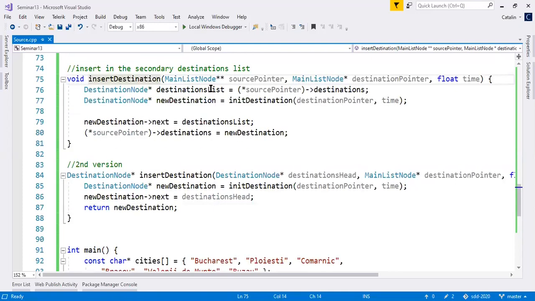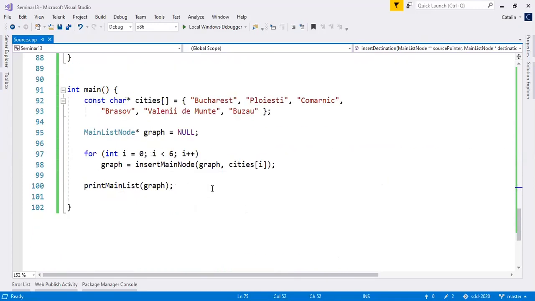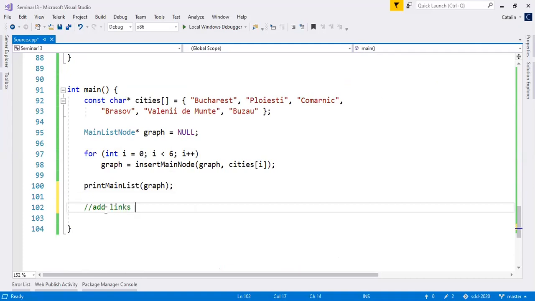But I think here we need the source pointer in order to get it. Yeah, I think we can use it like this. No, I will not add another function to increase the complexity. So how do we use these functions? Here we just created the main list. Now let's add links